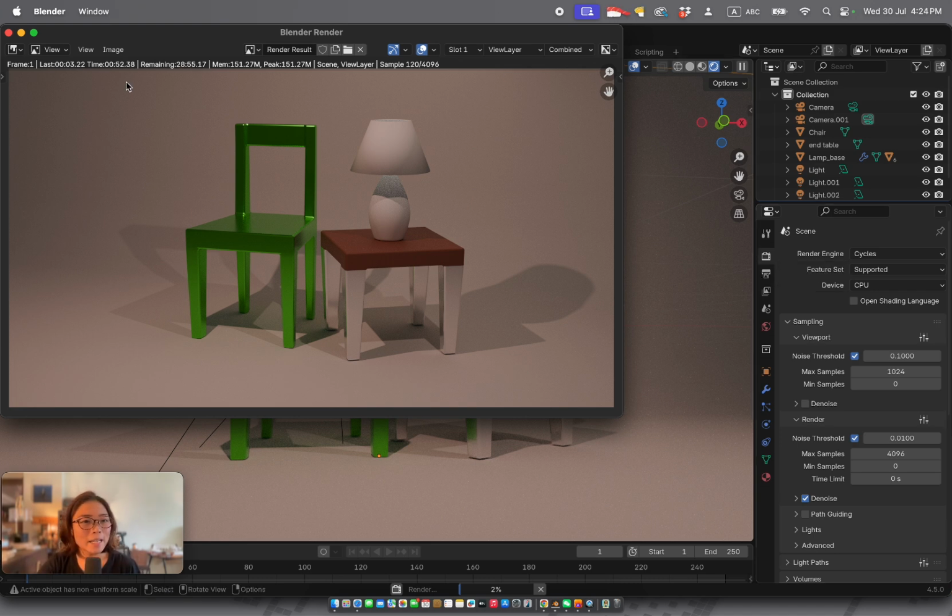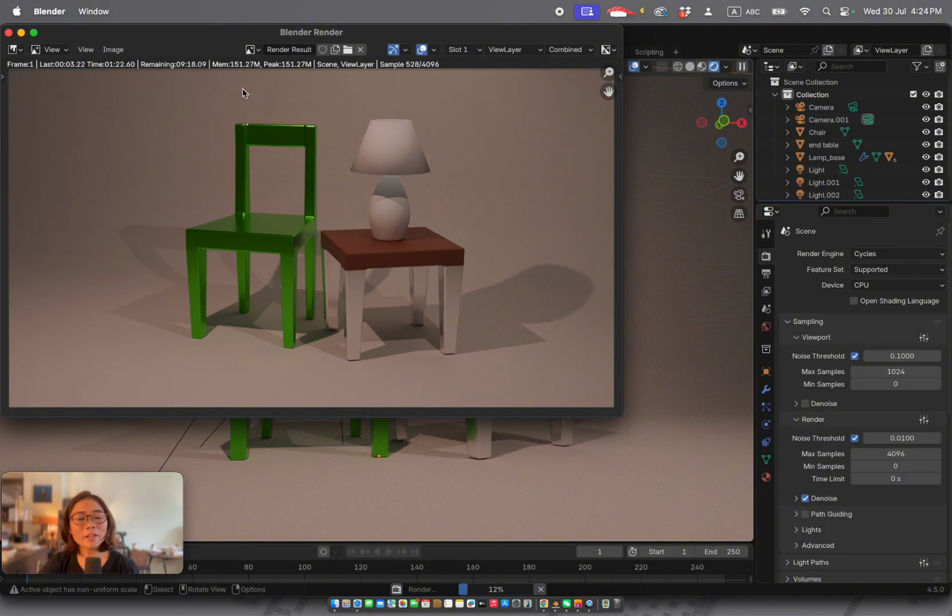As you can see, we are rendering and the number of time is counting. Now it's almost 1 minute, and you can see that it's still leaving quite some time. We are using at least 23 minutes to render this image, which is definitely too much. Before Blender